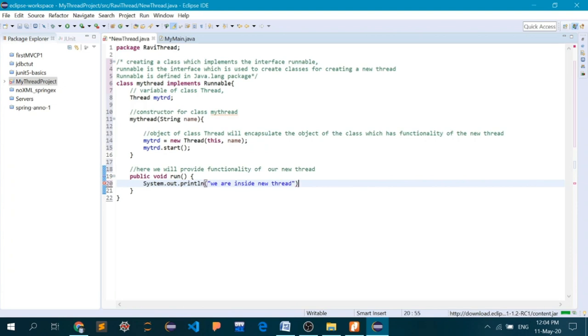So whenever this run method is executed by the compiler, we will see a message that we are inside new thread. In that way, we'll be able to see whether our new thread is running or not.